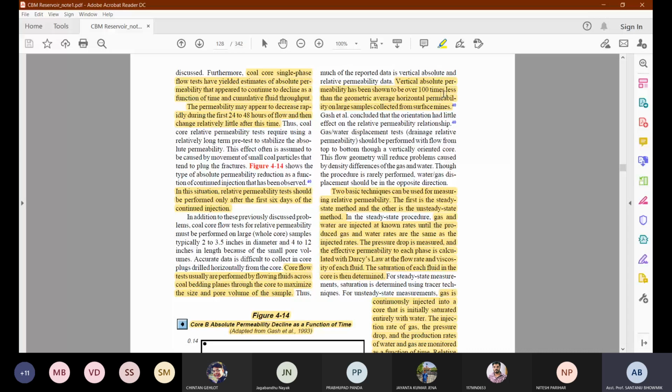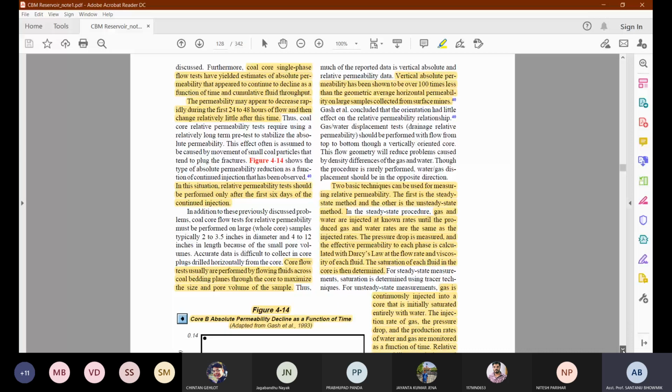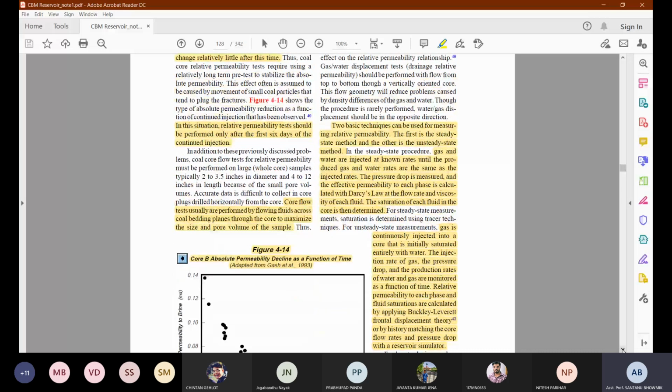Okay. So now let us discuss the different concepts of permeability measurement. Whatever we have discussed earlier, that measurement is based on the different terms of permeability, whether it is absolute, effective, or relative. Now what we are going to see is the different methods or types of permeability measurements. There are two different techniques. First is the steady state, that means with constant time. And second is the unsteady state or dynamic movement. Dynamic means varying with time.